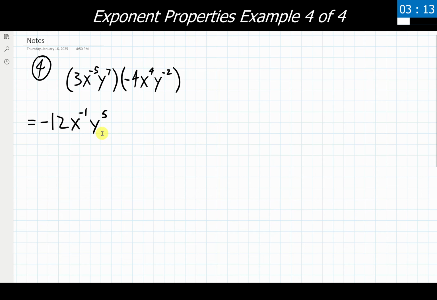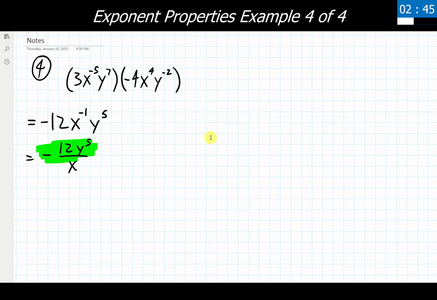As we noted, we cannot have negative exponents in our final answers now that we know how to work with negative exponents, so I do need to rewrite this x to the negative 1st power and put that in the denominator spot. So after a quick rewrite, I will have negative 12y to the 5th power being divided by x. And that's x is technically to the 1st power, but we don't need to write that in. It is assumed to be there.